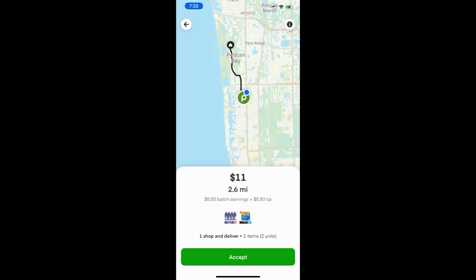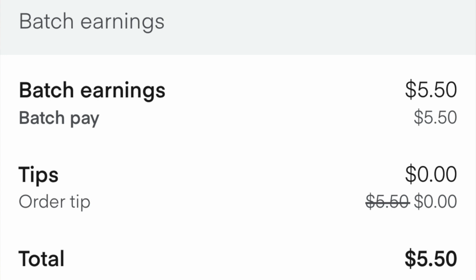At this time, I'm gonna head over to Costco, see if we can grab any end of the day batches. On our way to Costco, we grabbed this Instacart order for Publix. And when we got to Publix, the internet was down. We had no signal in the store, so we had to cancel, but at least we got the batch pay